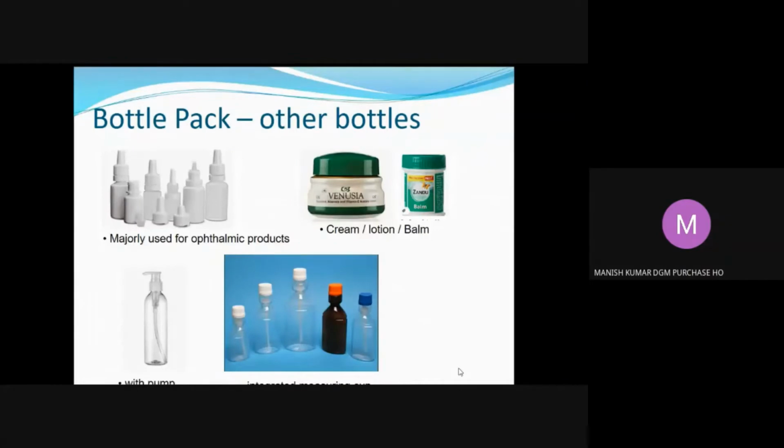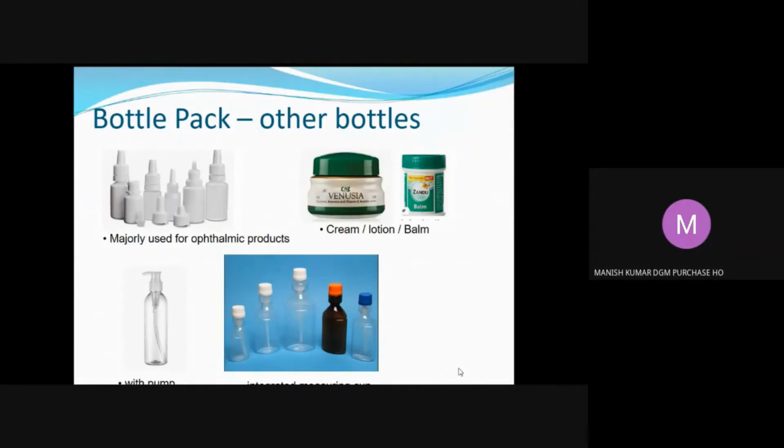And there are other bottles also. It's an ophthalmic product. So ophthalmic product itself is a big range. It is a very critical product because it is used for eyedroppers. So when you are developing any eyedropper bottles, you have to take care of each drop, what should be the weight of the liquid medicine going inside. So those drop counts are also very important. Each drop and nozzle are very critical in this bottle.